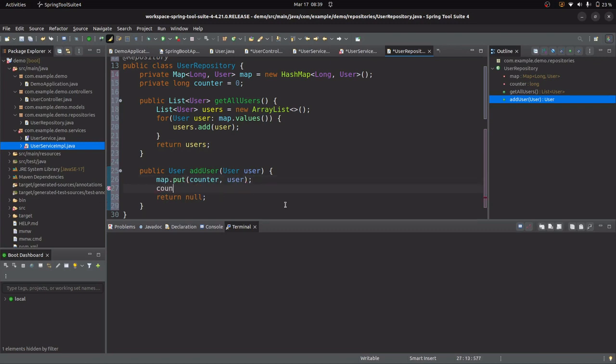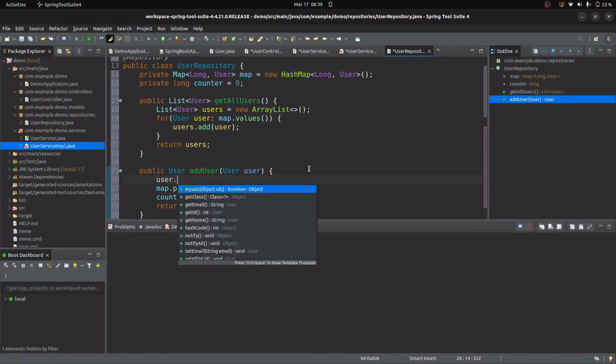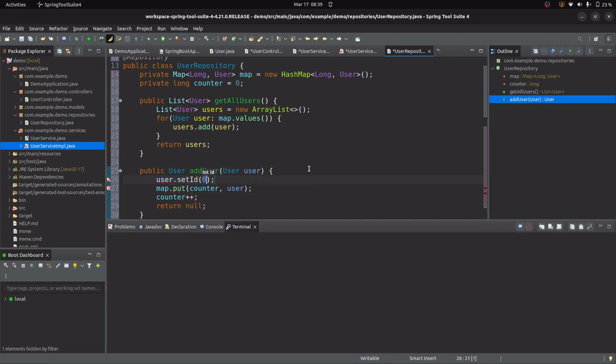And before putting it in the map, it should assign the id to the user class. Set id counter. Okay, it should return the